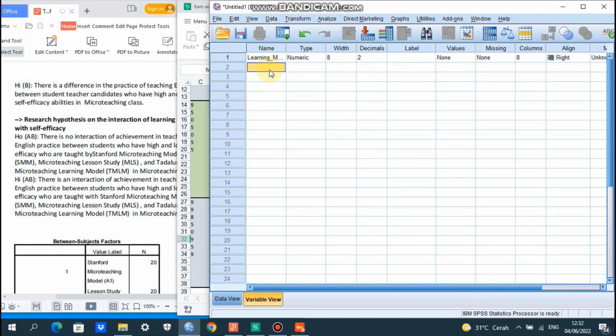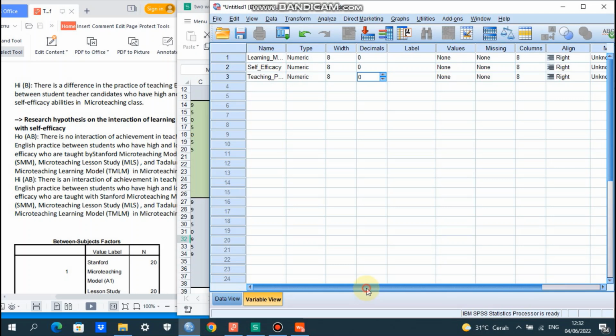Next we do self-efficacy, and the last is teaching practice achievement. From the Excel there is no decimal, so we make it 0 for all.